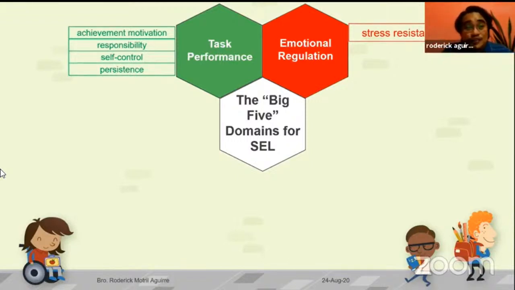They get to do stress resistance. Okay? Na-analyze nila sarili nila. The next time, kasi nag-cram kasi ako eh. So they will know the next time around. They will avoid situations that would be stressful for them.